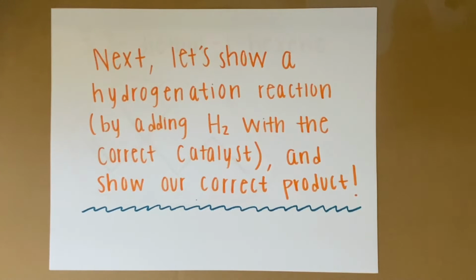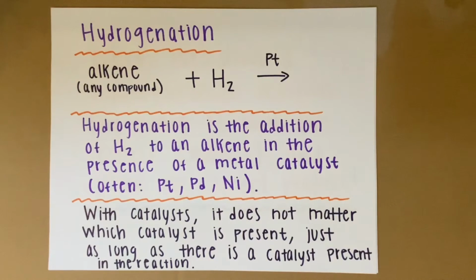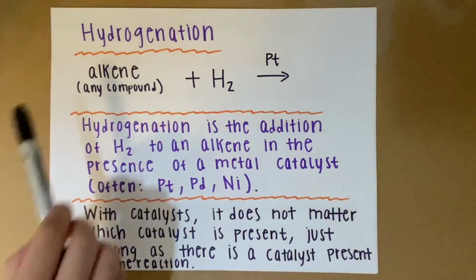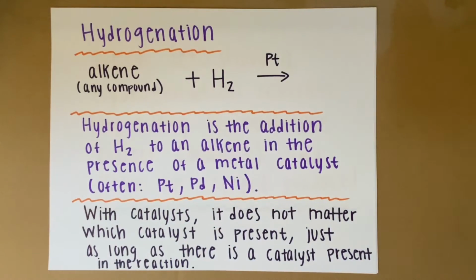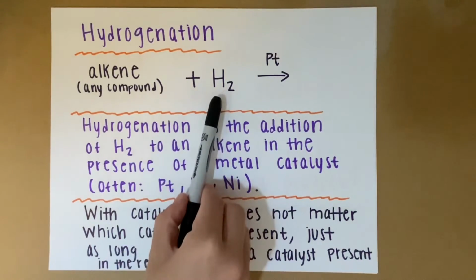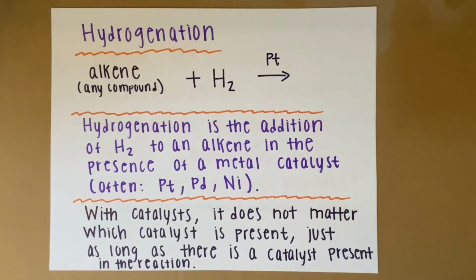Now let's show a hydrogenation reaction by adding H2 with the correct catalyst and show our correct product. In reactions, when we see the word hydrogenation, we know that we need to add hydrogen, or H2, to our compound, or in this case, to our alkene. For a little review, hydrogenation is the addition of H2 to an alkene in the presence of a metal catalyst, often platinum, palladium, and